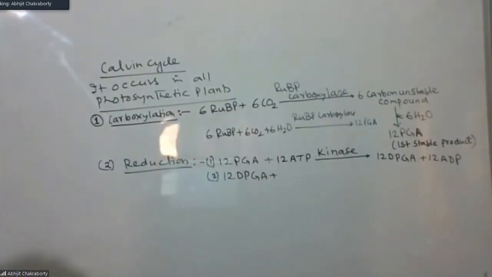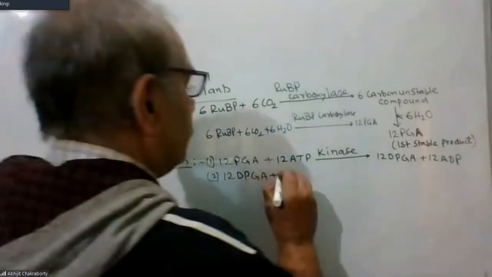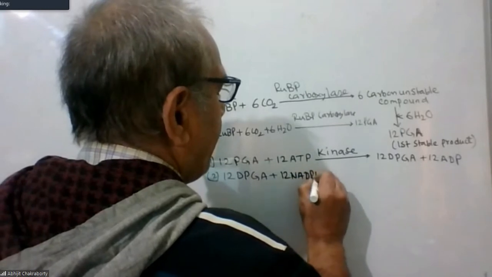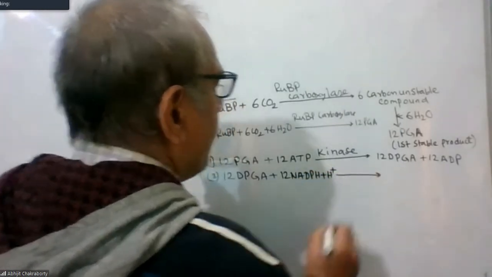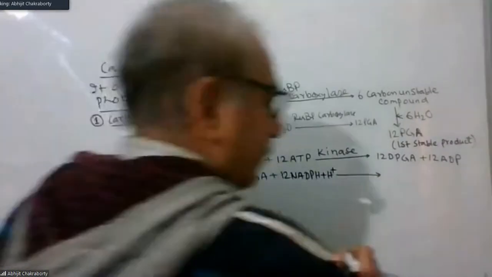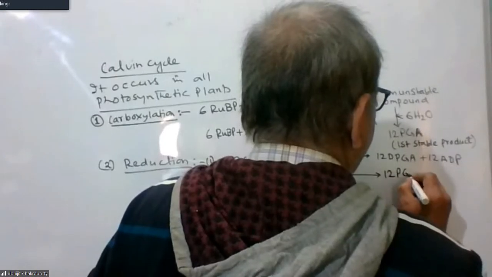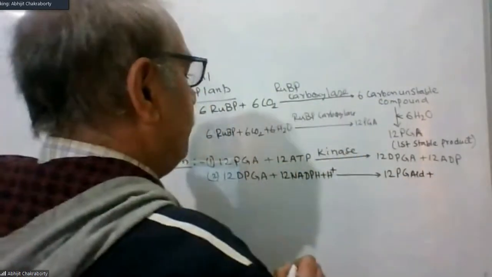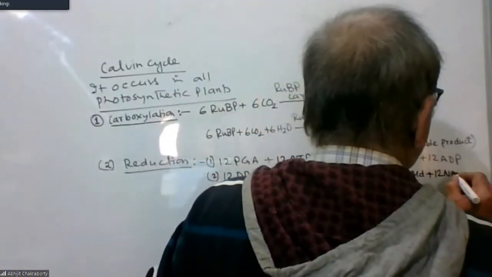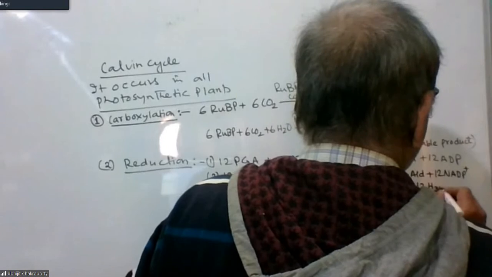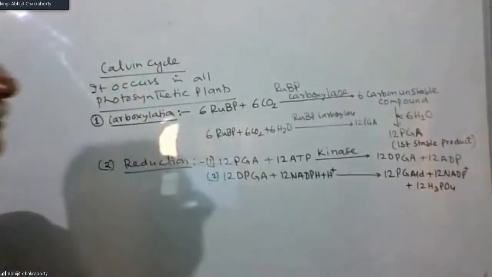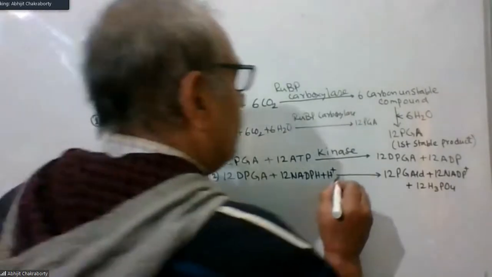Just a minute. Then 12 NADPH plus H+ gives 12 PGALD plus 12 NADP+ plus 12 H3PO4. The enzyme involved here is